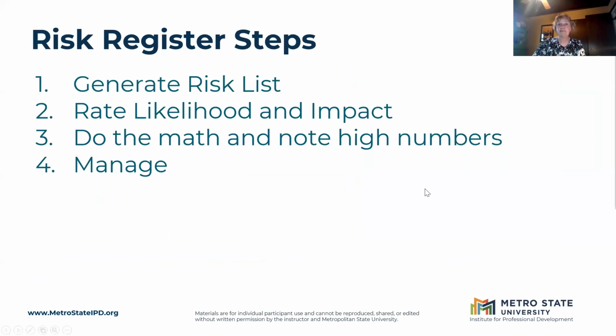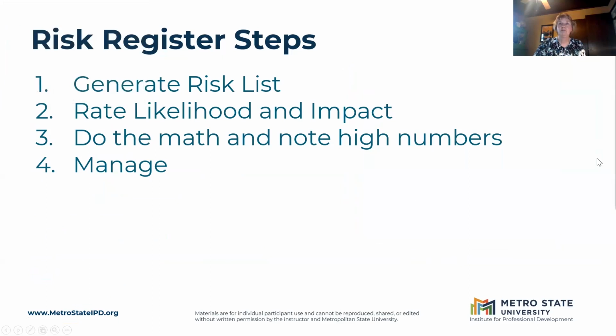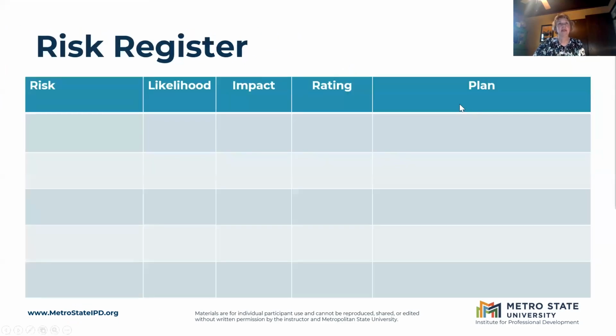So then now that we have our ratings in place, we are ready to manage. And now you see, this is actually the complete risk register where the plan column comes into place. And again,